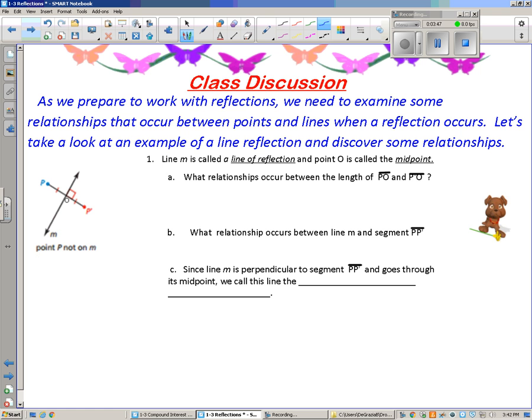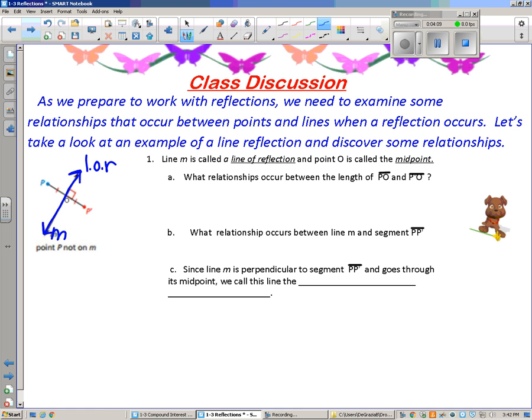As we prepare to work with reflections, we need to examine some relationships that occur between points and lines when a reflection occurs. Let's take a look at an example of a line reflection. We're going to look at some relationships that occur here. So line M is called the line of reflection. Here's line M right here. That's our line of reflection,